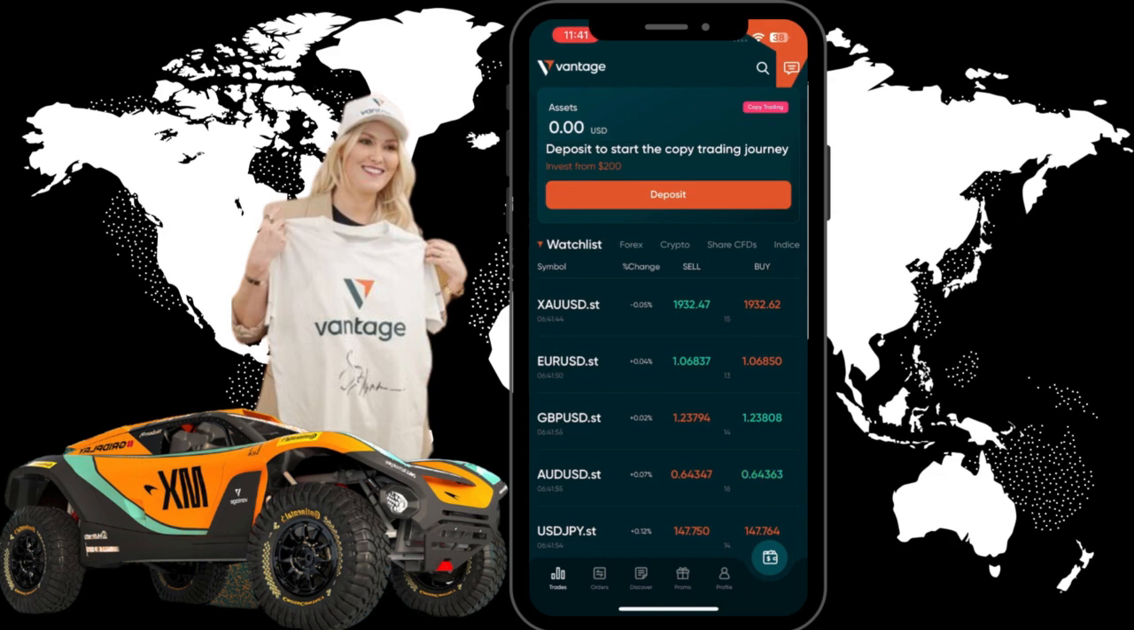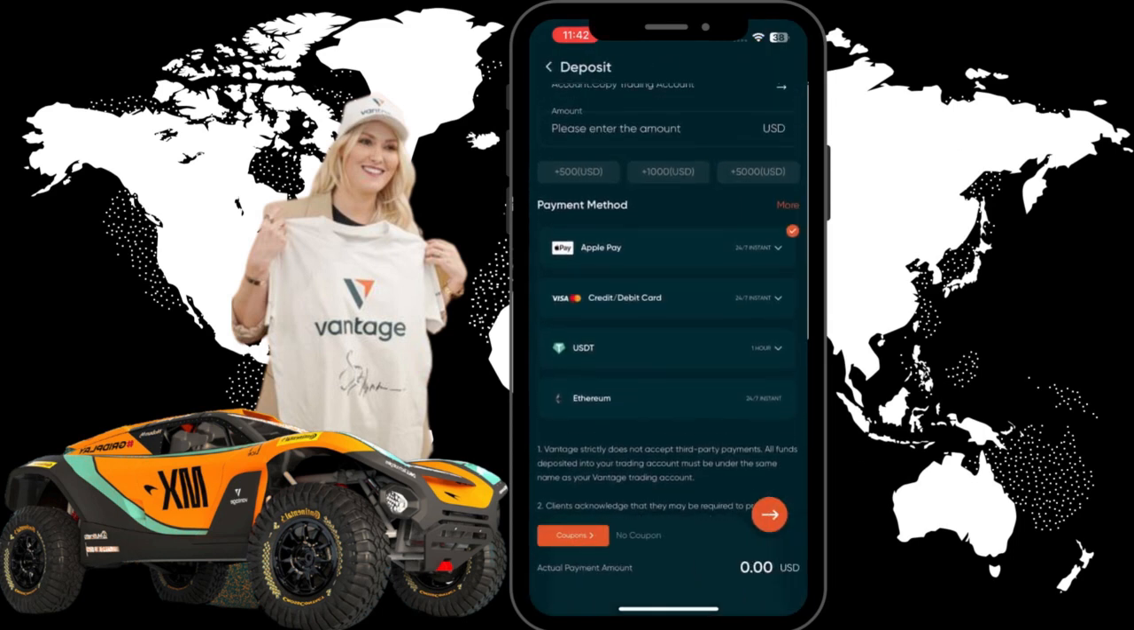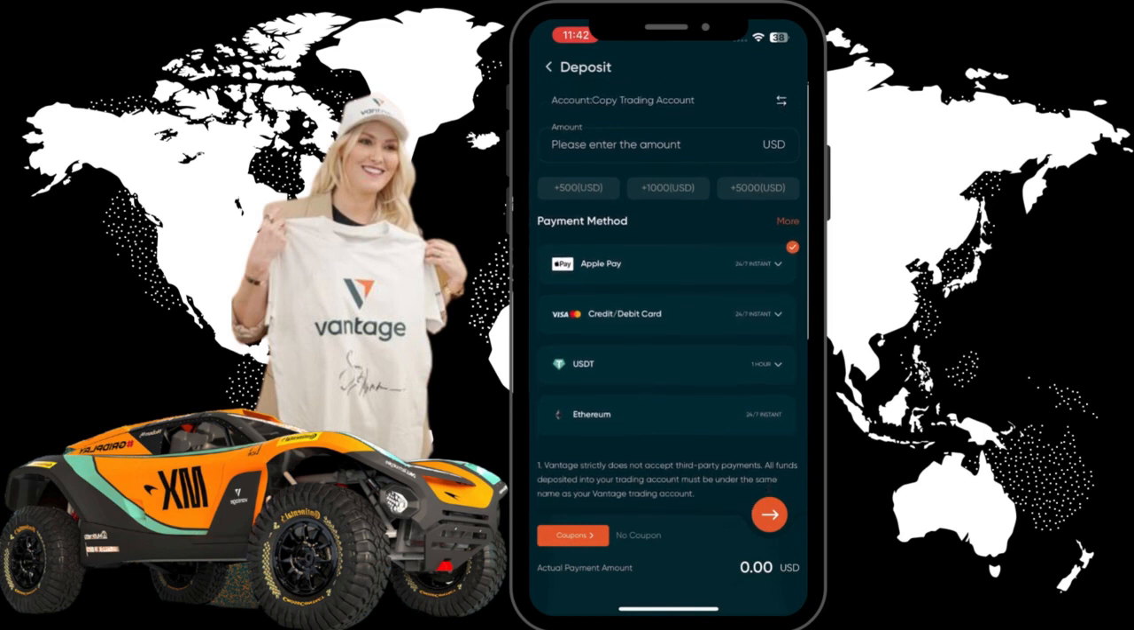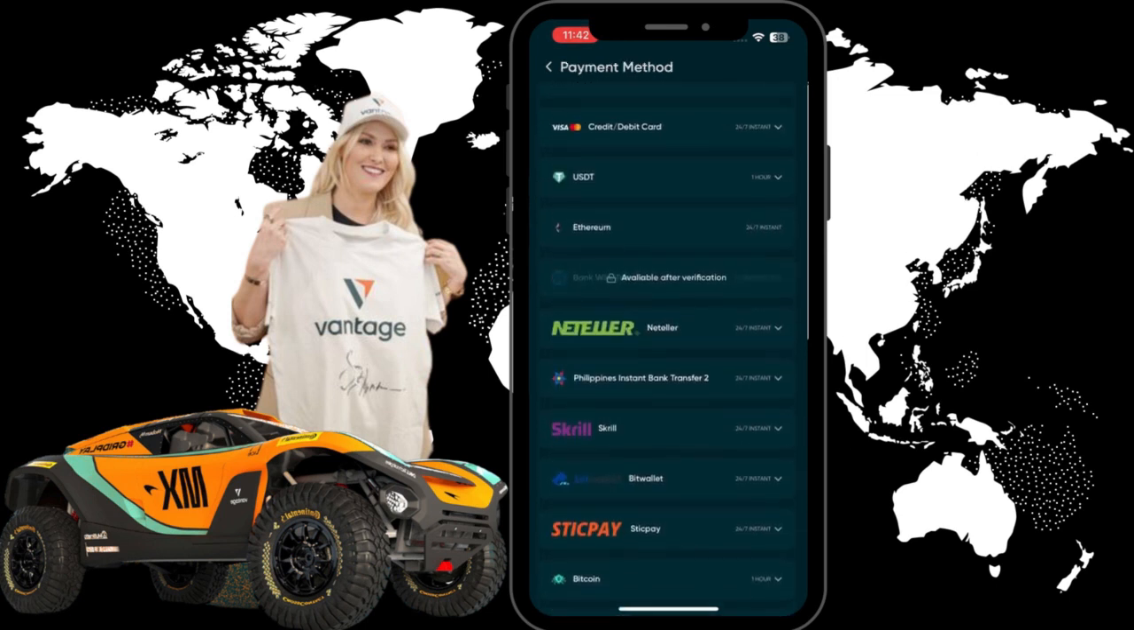But don't worry, the deposit process is very simple and straightforward. You just have to tap this deposit icon right here, and you will be routed to this page where you need to select your preferred payment method. It depends on which country you're from. There should be multiple local payment methods available for you to select from. So you just have to tap this more icon right here, and you will see a lot of payment